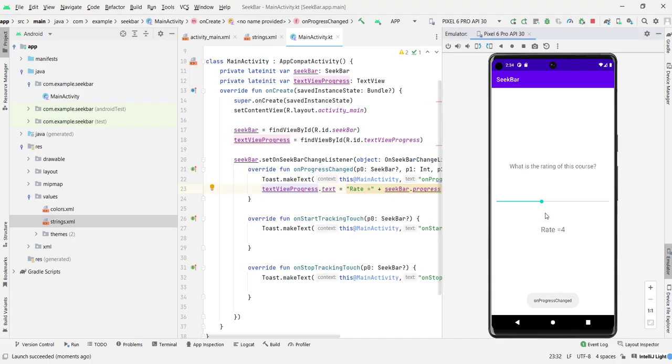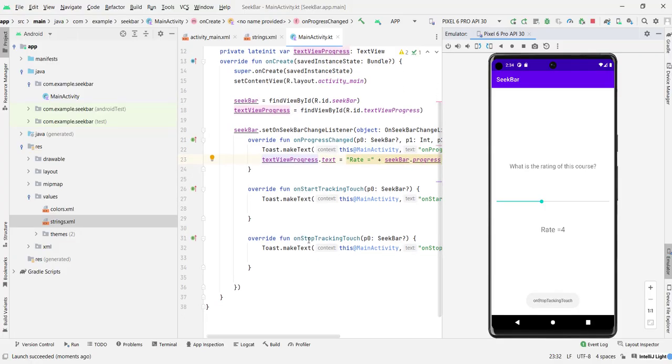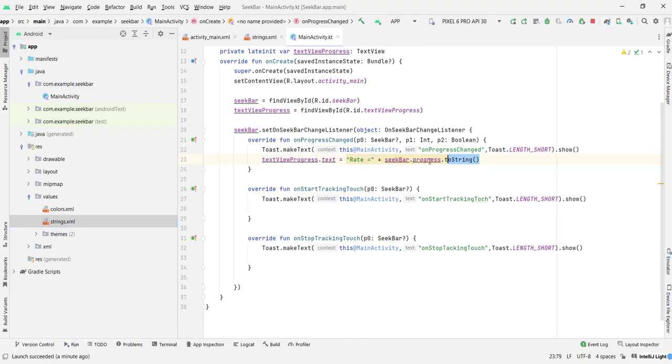So you can also use this function, on stop tracking touch, to add text which is going to say "final rate" when the user stops dragging. So it will change this text to final rate. You can do that. Let's actually do it to see how. So I'm gonna take this and put it here,